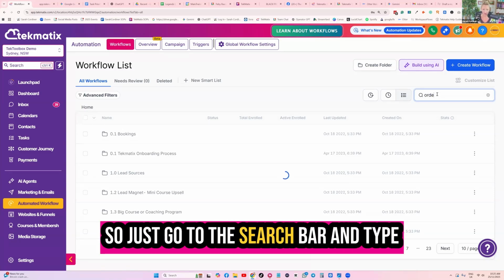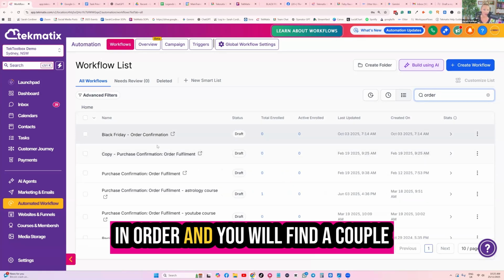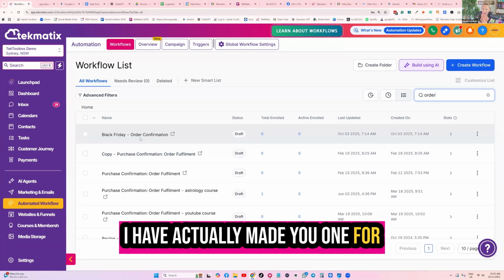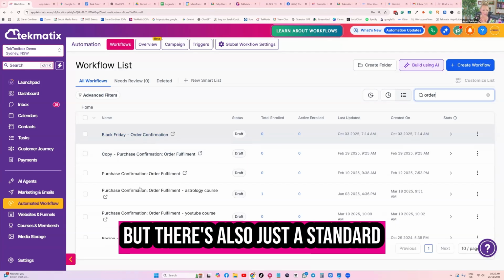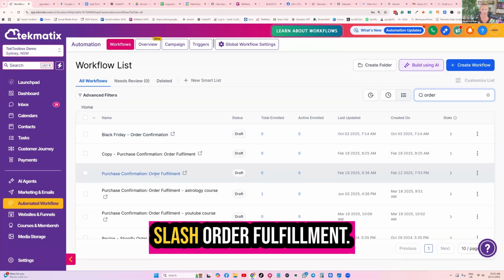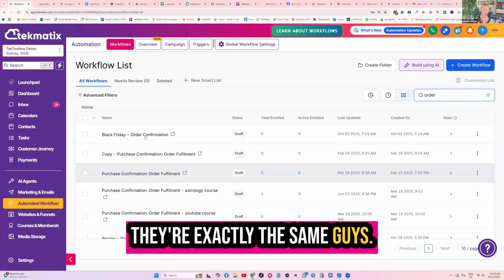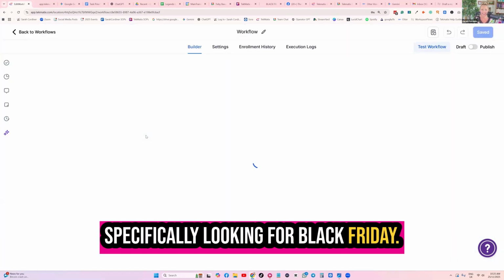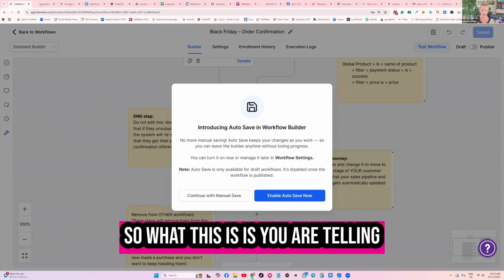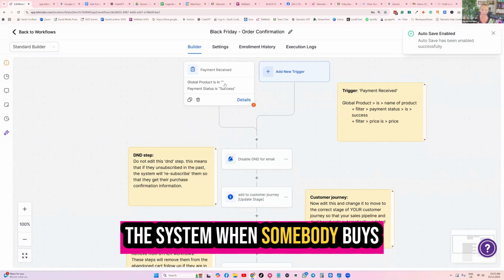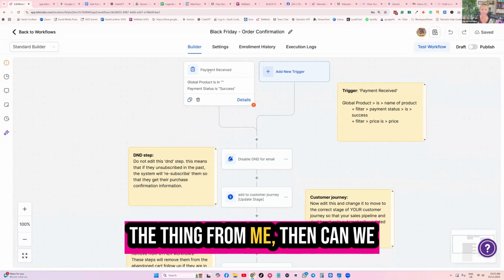So just go to the search bar and type in order, and you will find a couple of order fulfillments we've made. I have actually made you one for Black Friday, if anyone's doing that, but there's also just a standard purchase confirmation / order fulfillment. They're exactly the same, guys. I've just named one Black Friday to help people who are specifically looking for Black Friday. They're exactly the same. So what this is, you are telling the system, when somebody buys the thing from me,